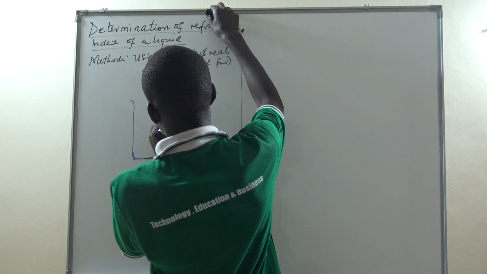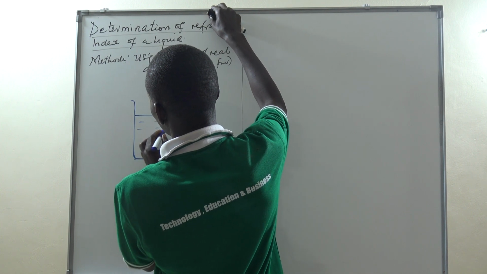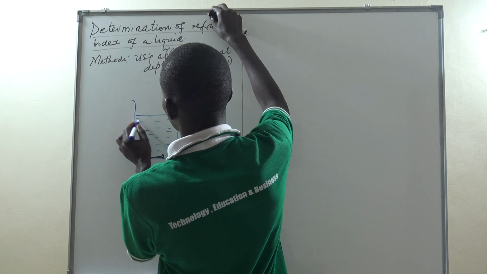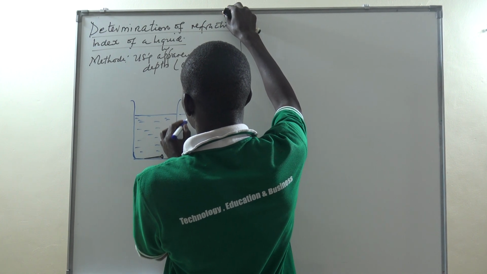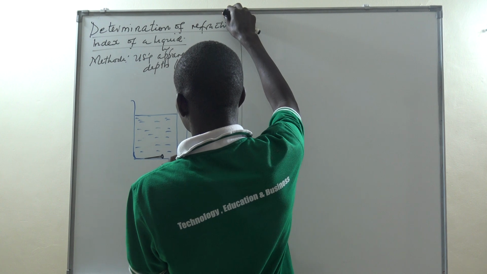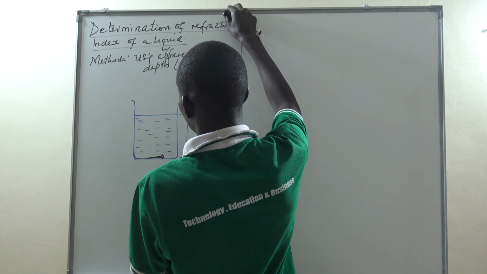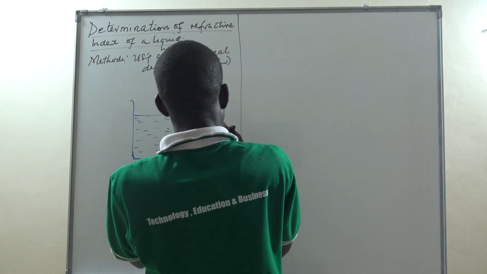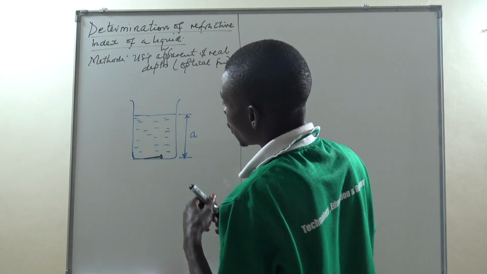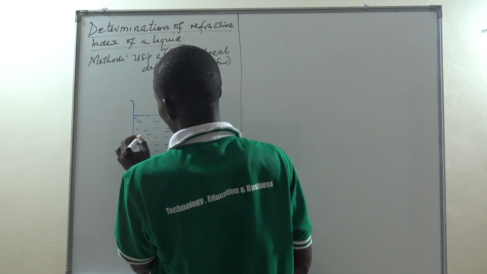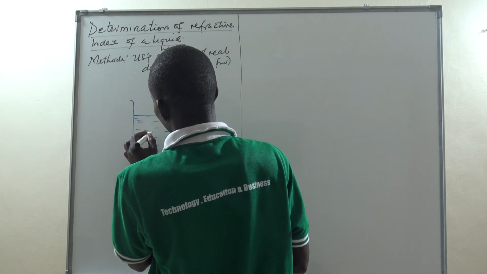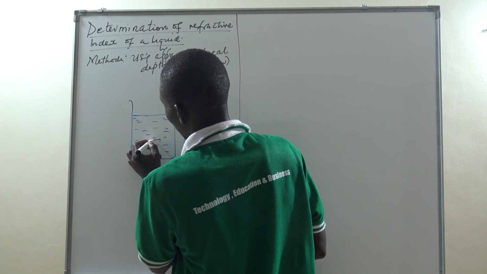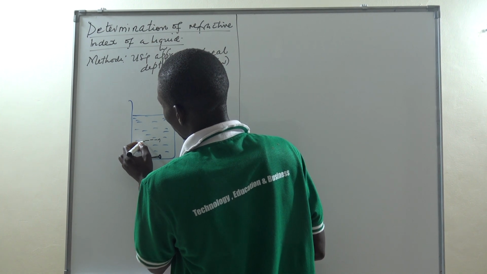And then if this is my liquid, I'm supposed to know this depth here as maybe say A, and then what will happen is this pin here will appear to be raised to some depths here,